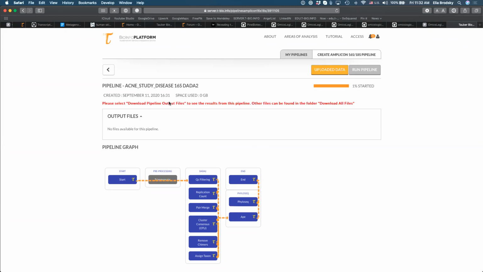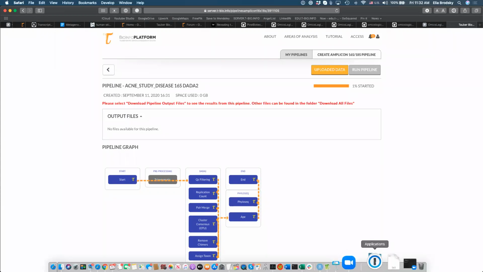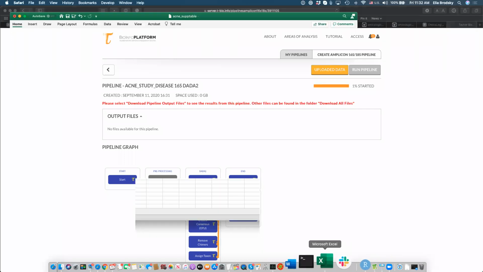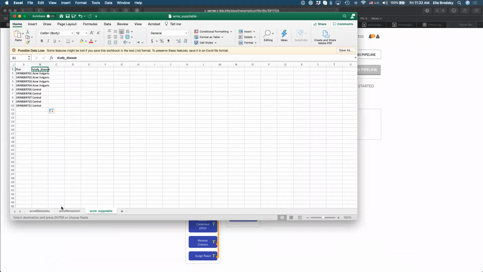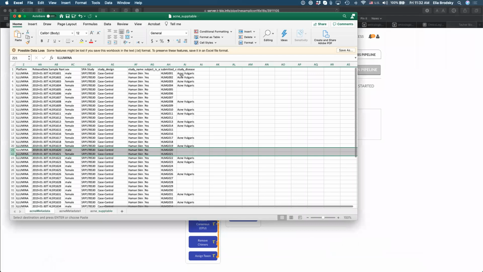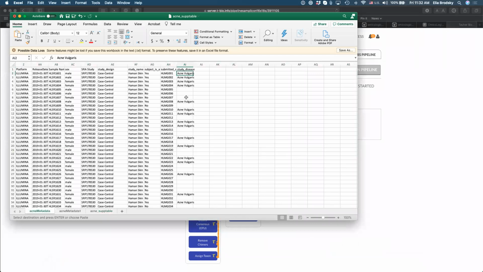Sorry, what is the question about the control studies? Can you clarify? The control studies, I was just referring to, yeah, that here they have acne and non-acne.